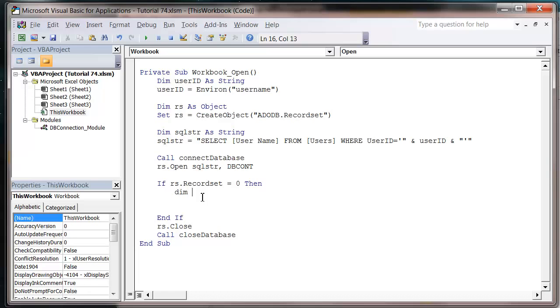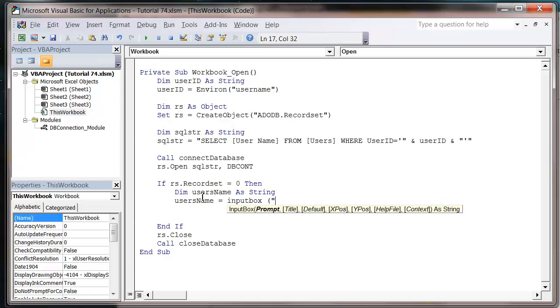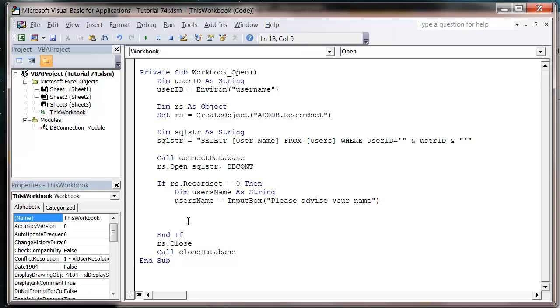So we want to put Dim userName as String, and then userName equals InputBox, "Please advise your name." And then once they've given us the name, we're going to write another SQL string. So Dim, we're just going to use the same one as before. So SQLStr equals INSERT